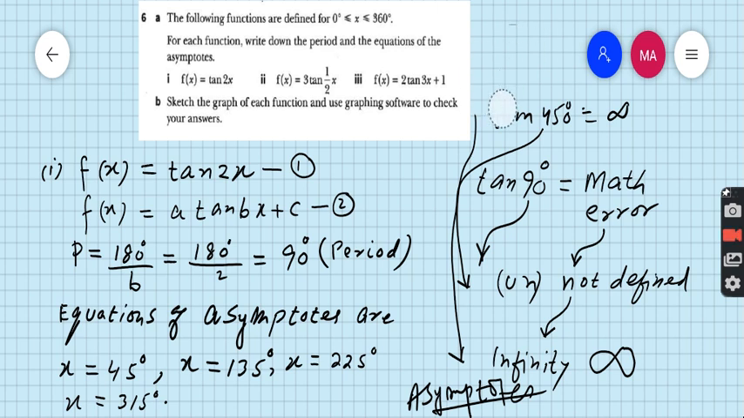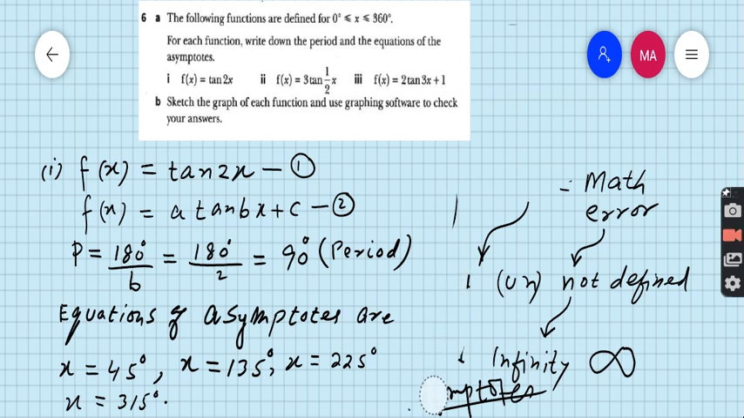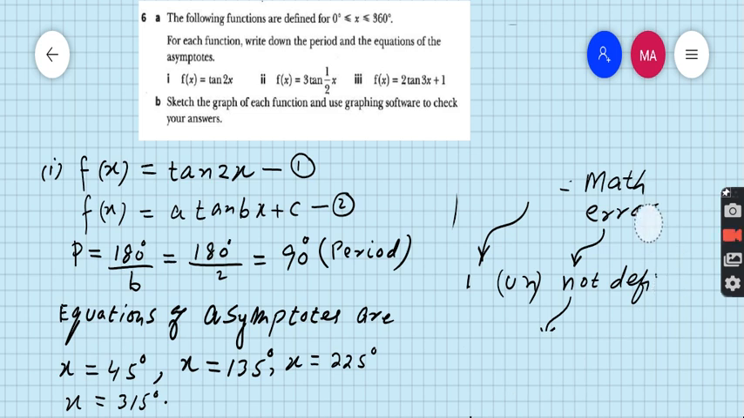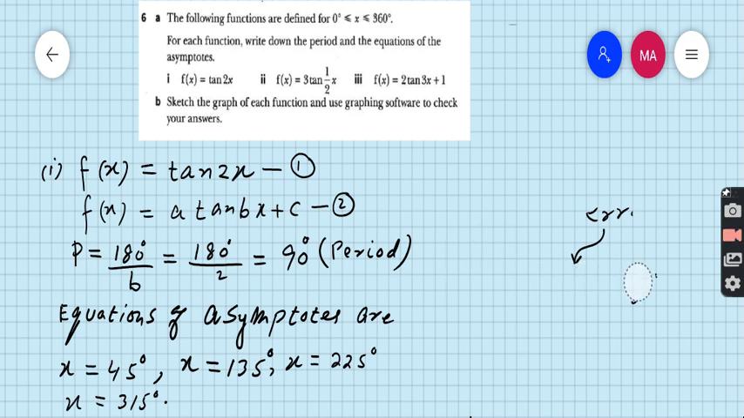So one difference is that the tangent period is 180 degrees, while the sine and cosine period is 360 degrees. The second difference is that tangent has asymptotes, those angles where the tangent is not defined, or you can say undefined, or you can say infinity. And this is the second difference. The next line is,